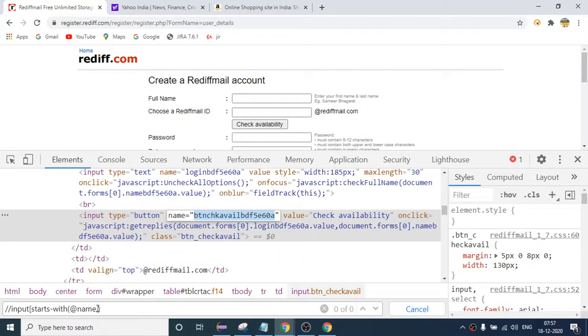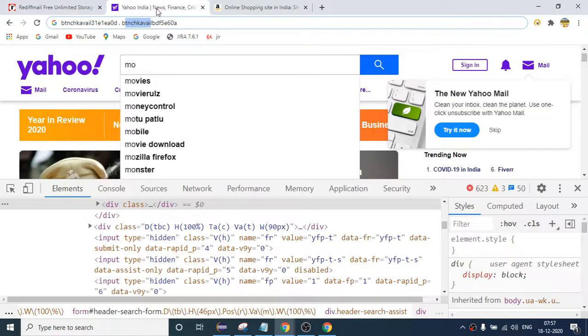In the single quotation, and after that close this, right? So it is highlighting that. So what will this starts-with do? We know that this part will keep on changing, and this part will again change, but this part will remain constant, right? It will not change. So what I can do is say: first go to